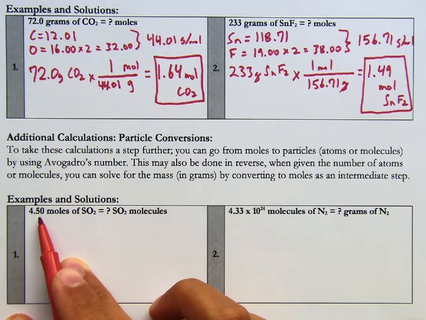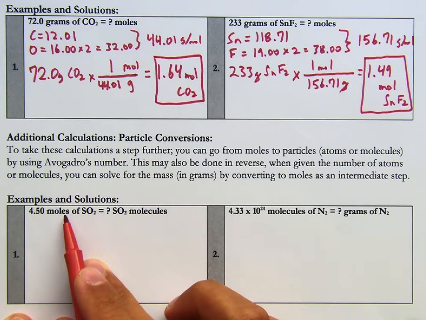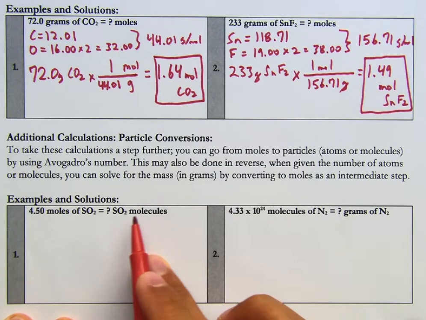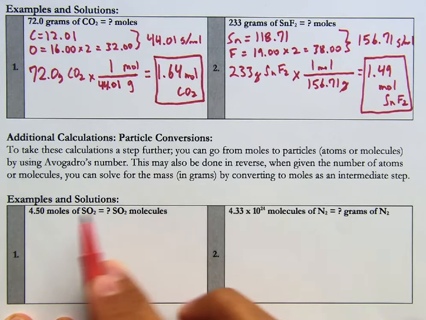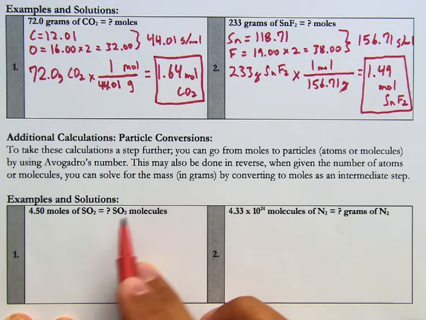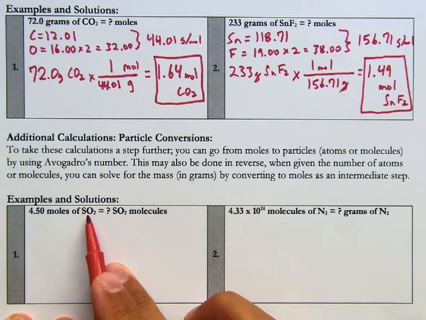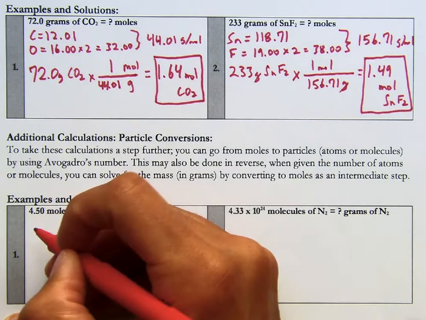This problem says 4.5 moles of SO2 equals how many SO2 molecules. Now we're going from moles to molecules. You actually don't even need to calculate the molar mass here, because molar mass helps to get from moles to grams, but we're not doing that. So we don't even need to find the molar mass. You can just write